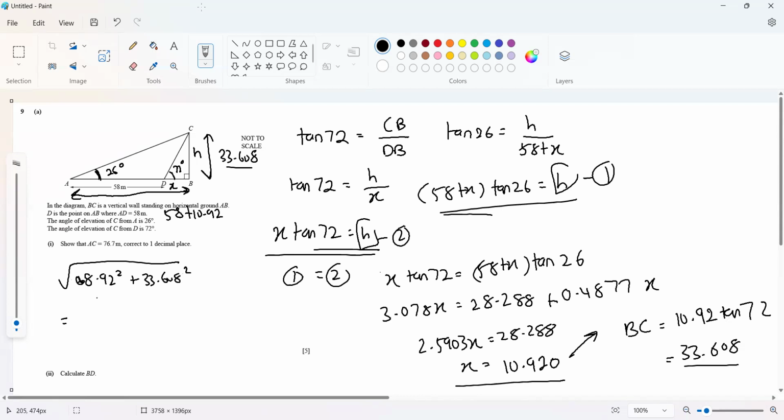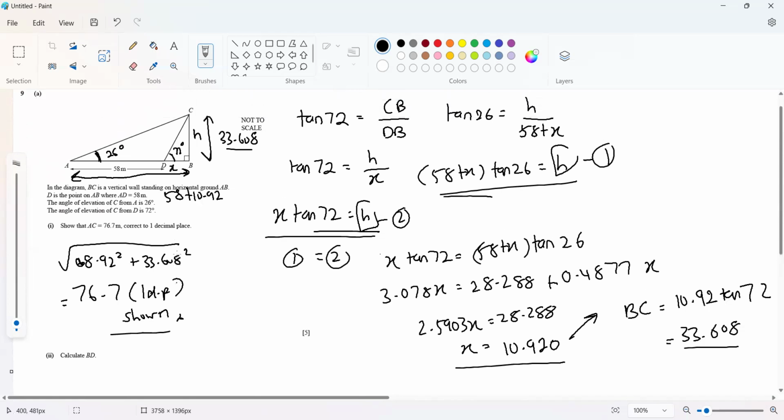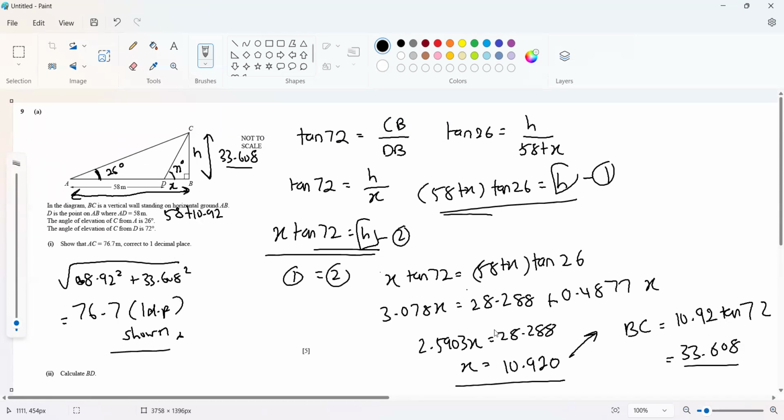And then we will get 76.7 correct to 1 dp. This is shown, right? So we can obtain these values immediately to calculate for our part 1. So in part 2, actually, I've done part 2 already. So you can just rewrite the working. Part 2 and part 1 actually have, I think in part 1, they may not want you to count